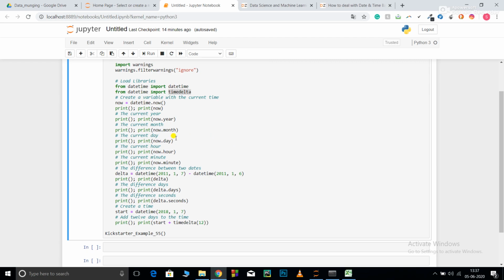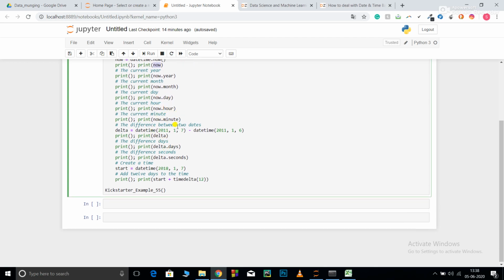Now see, this is the importance of date time. If I had directly given you a date, and directly saved the now, and told you to use Python to do that, then you would have to split that and do some manipulations in order to pick up the year, the date, the time, and the seconds and everything. But when it is date time, it has already saved your data in a date time format. So it has already timestamped your data, so it knows what represents year, what represents month, and what represents days. Now now.month, now.day, now.hour, now.minute.